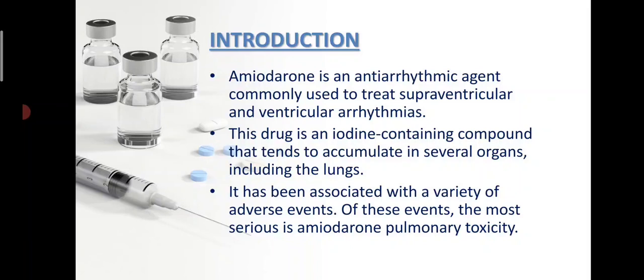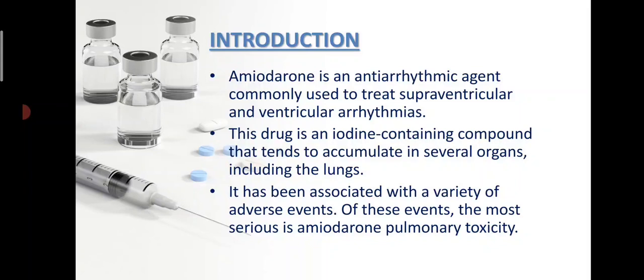First of all, what is arrhythmia? Arrhythmia is the irregular rhythm of the heart, where the heart beats too fast or too slow. What is supraventricular arrhythmia? It is commonly known as tachycardia, whereas ventricular arrhythmia arises from the bottom